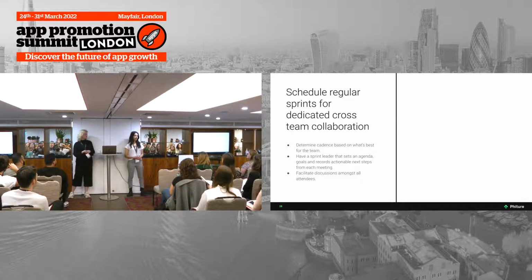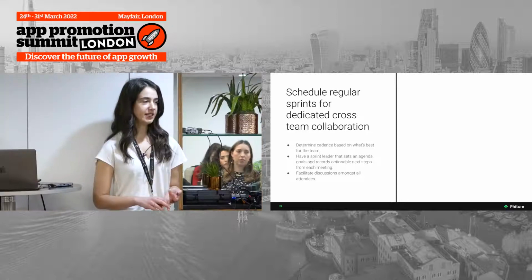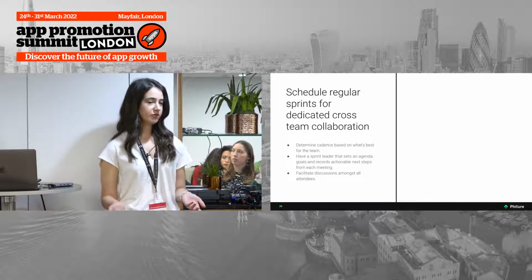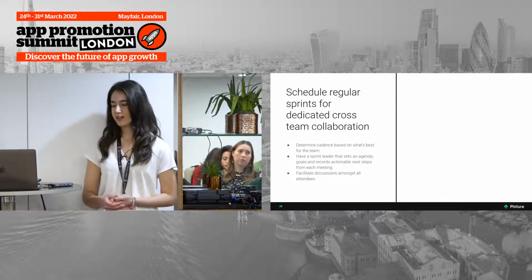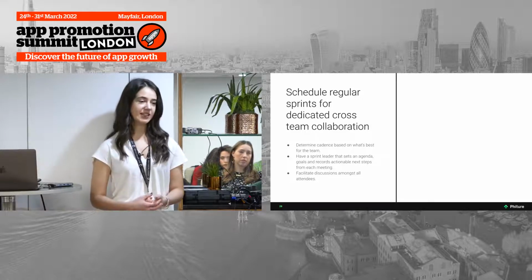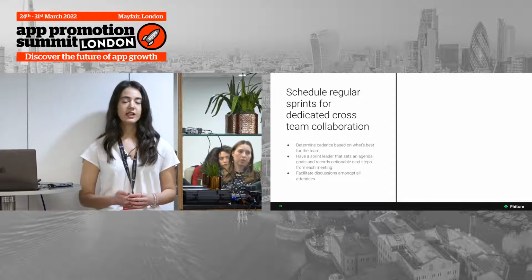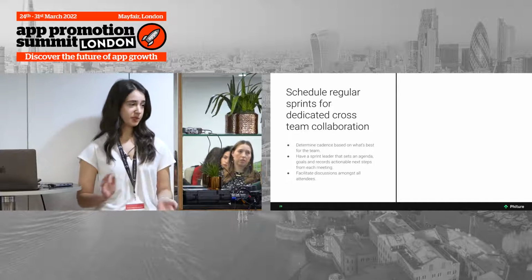Yeah, so basically we just want to summarize that it is important to regularly meet with those 4 teams that we mentioned: product, creative, data, and the marketing teams. How often that happens will depend on the team. It's not going to really happen overnight where you're going to come in and say, all four teams are going to meet together. There's a lot of different stakeholders involved, and there's going to be a lot of different perspectives as well.